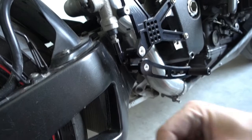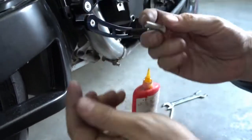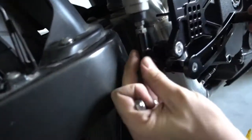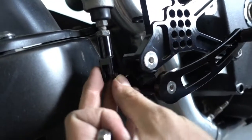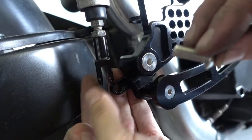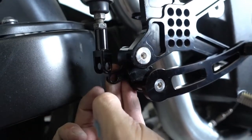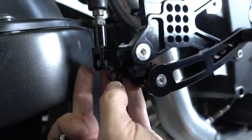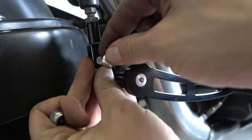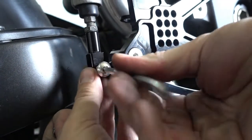Very important thing. This goes together with one bolt and a lock nut. Why a lock nut? Because you don't want... You see, I show you, the bolt goes through here, the lock nut goes in the back. And you don't want to make this too tight. If you make this too tight, this piece here gets squeezed down onto the pedal and it won't move anymore. So that's why there's a lock nut. The lock nut doesn't need to be tightened down. You basically just put the bolt in,